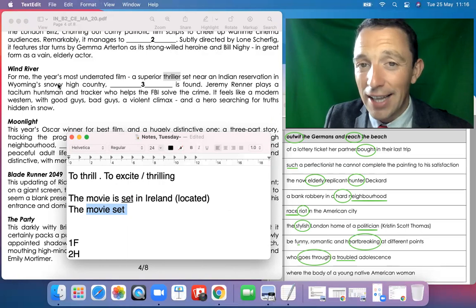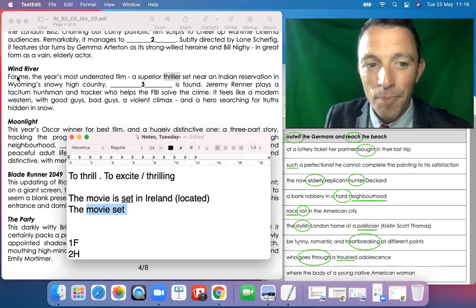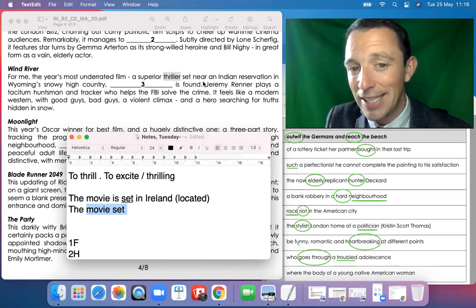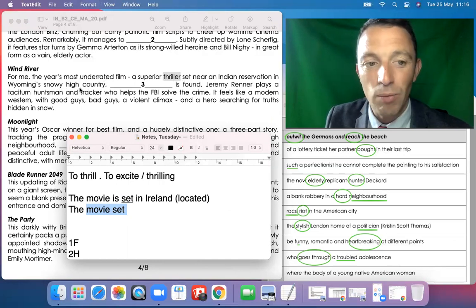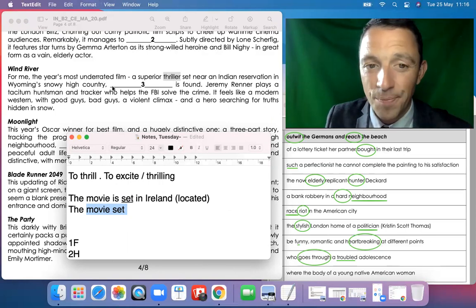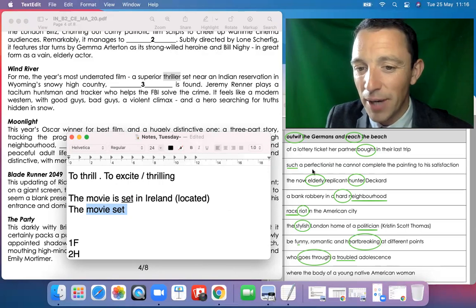So that's a long sentence, and the beginning is, for me, the year's most underrated film, a superior thriller set, or located, near an Indian reservation in Wyoming's snowy high country. So the subject is the movie. Okay, the subject is movie, and something is found. Okay, so the movie, and